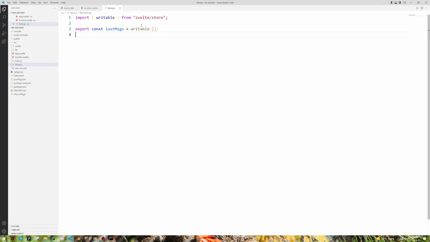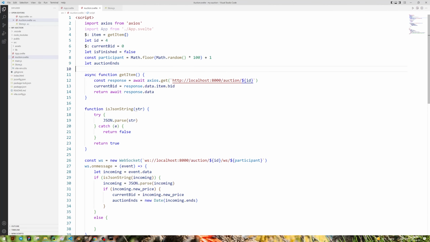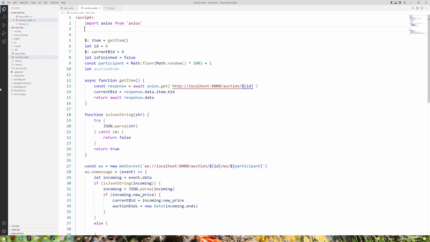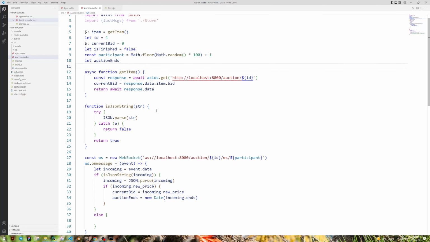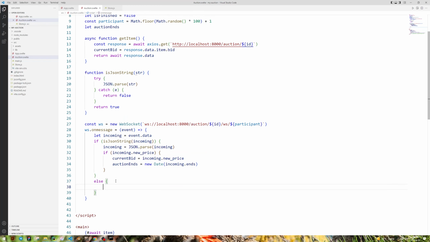It's all we need to do. So now this is a store instance that will get updated every time when we import it and subscribe to its updates, which is done automatically actually. So now in here we can import it, and now we can just extend this array of messages every time that we're receiving a message which is not